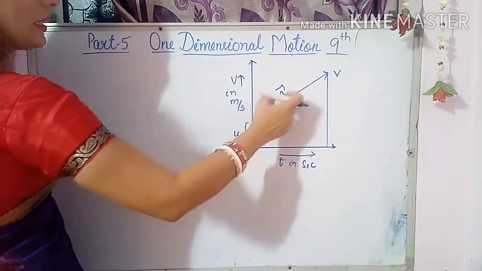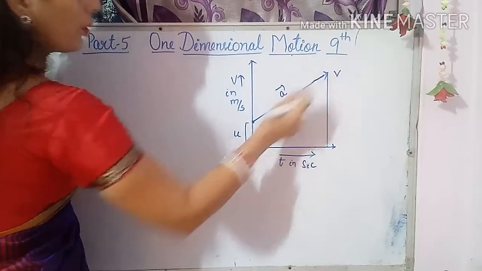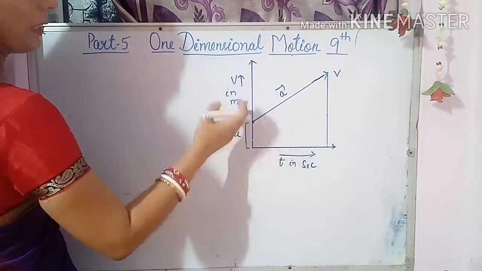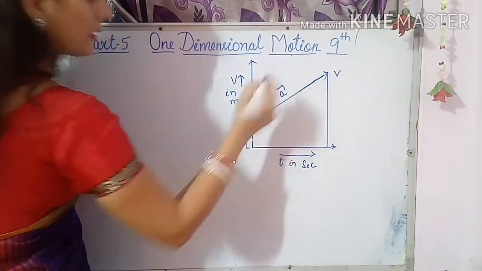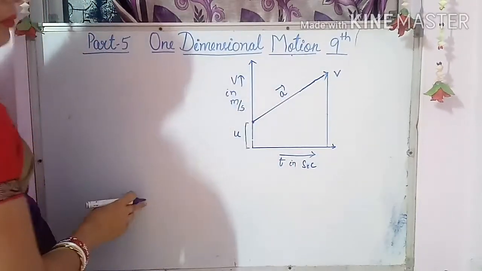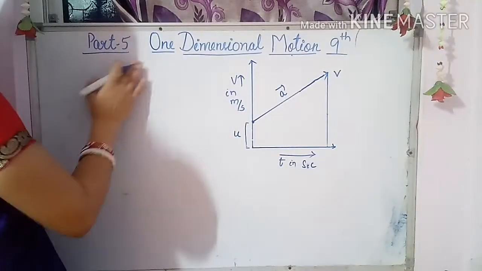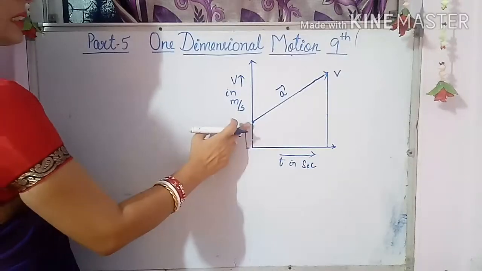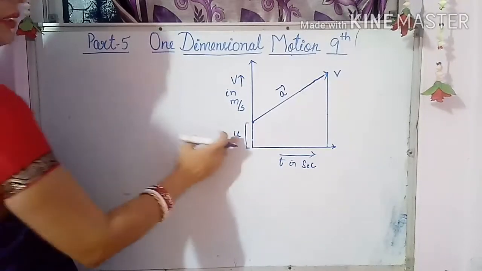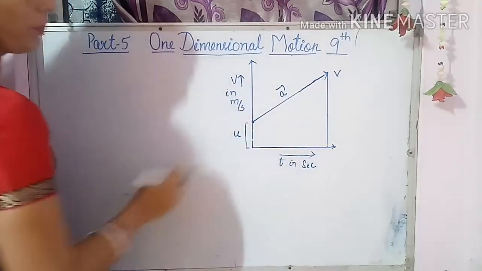You can see that it is a straight line graph making a slope. You know that in the velocity-time graph, if this type of slope and this type of shape is there, then it is known as uniform acceleration. You have to write the theory, which I will tell after this. First you understand. The body is starting from the initial velocity U, that's why I have taken from here to here U. Now I am going to give the names.